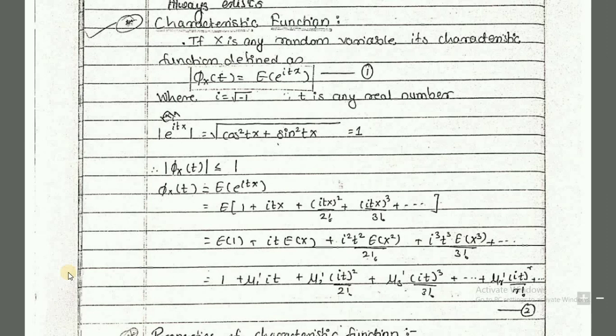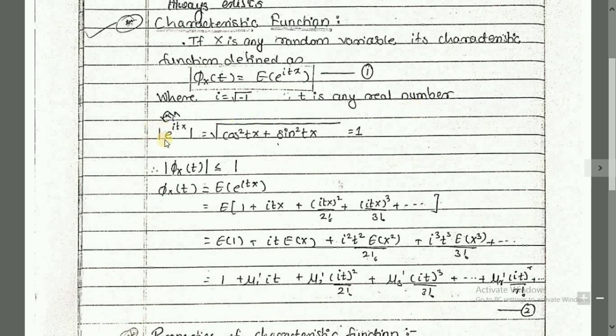Here we are going to discuss what is characteristic function. If X is any random variable, then its characteristic function is defined as phi X of t is equal to expectation of e raised to i t X. This is equation 1, where i is equal to root of minus 1. It is imaginary, and in this expression t is any real number